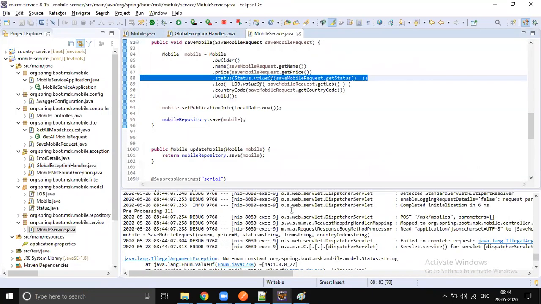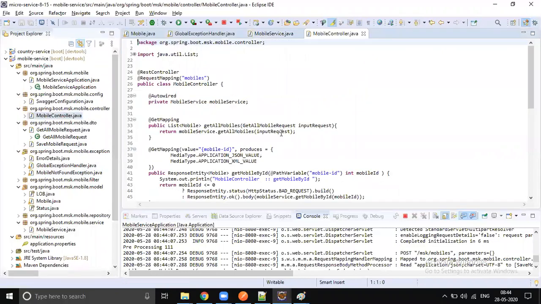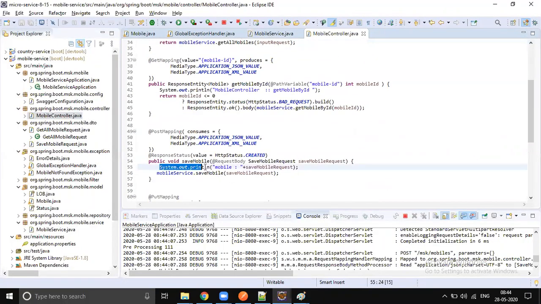So while creating the status, we got an exception. This is not called validation. We should validate before the controller method execution starts itself. So before executing this save mobile request, on the first line itself, we should validate our request. That should be the good validated code. That is what we call a best practice, the best validation scenario we implement.